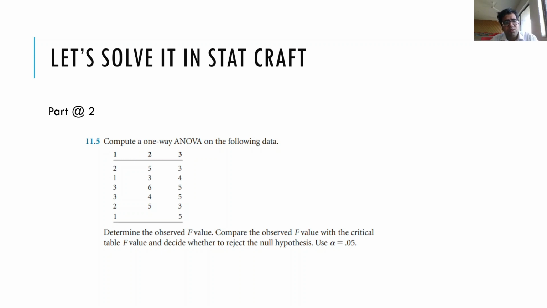This is a sum taken from Ken Black: compute one-way ANOVA. See, these are the 3 groups. This is categorical data: group 1, group 2, group 3. It categorizes that elements of this are part of group 1, elements of this are of group 2, and elements of this are of group 3. So this data 1, 2, 3 is categorical data, whereas this data is numerical data. So we are trying to work on it. Let's see how to work in Statcraft and how to interpret it.